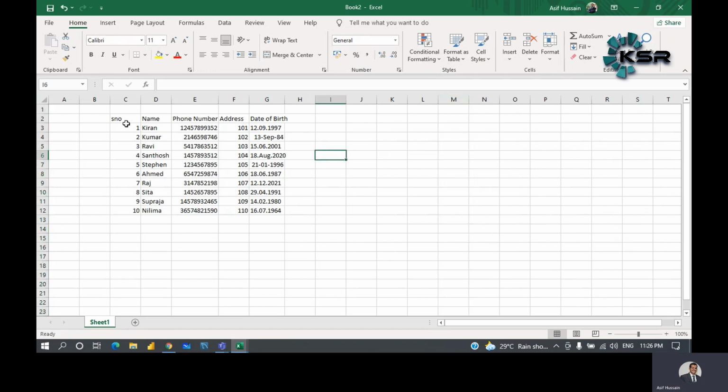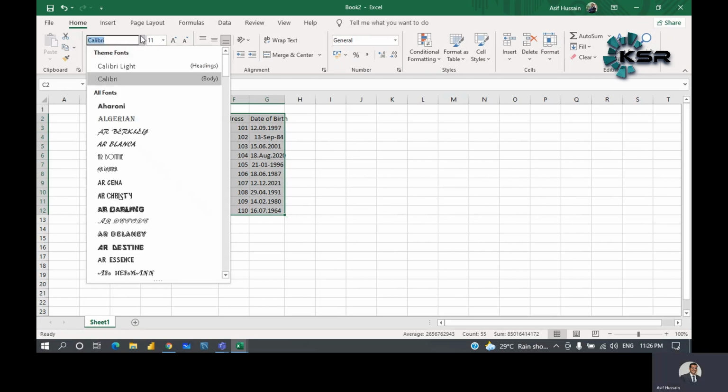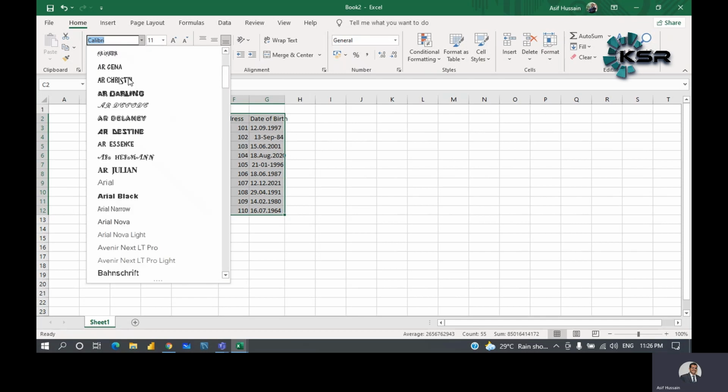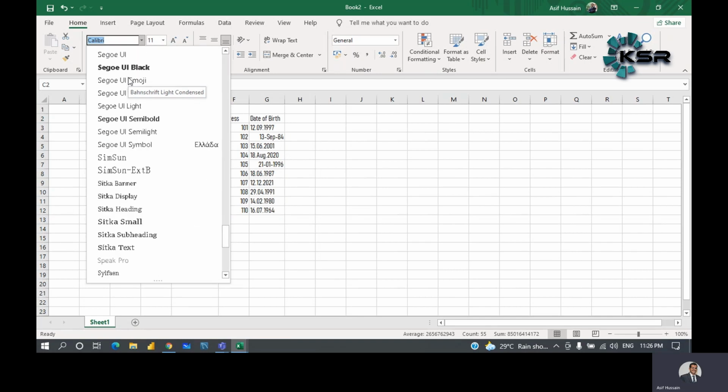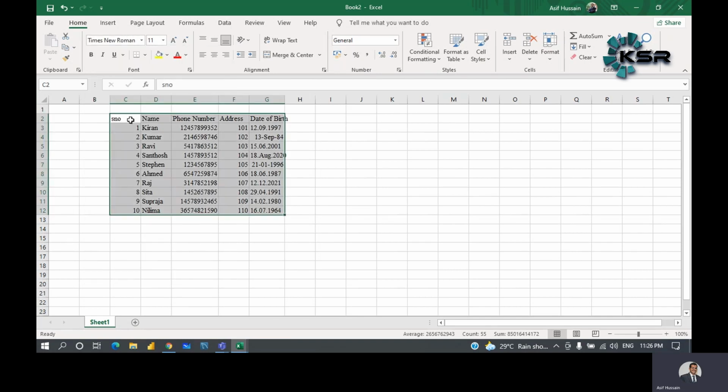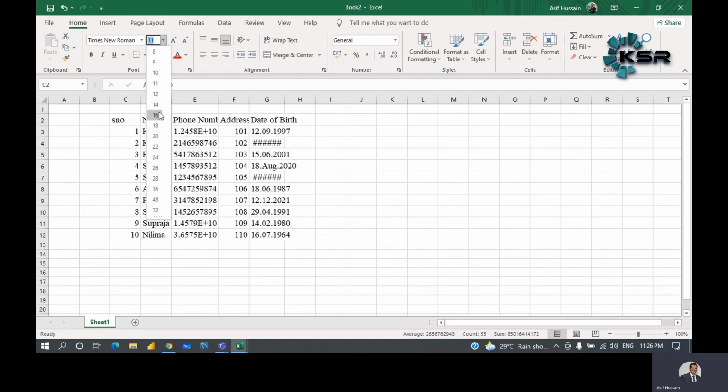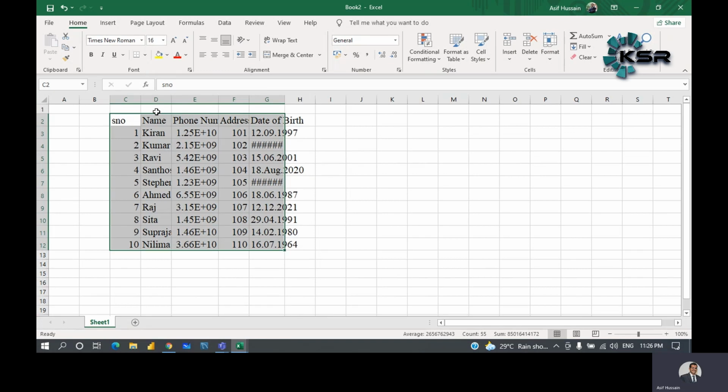All right. So in this information, now let us do some modifications. Let us design it beautifully. Start by clicking on one box and select it completely. Now you can change the font style, but I don't want Calibri. I'm interested in Times New Roman. I'm very professional. So I would like to change the font style to Times New Roman. You can change the font size also. I don't want 12, I want 14, or I want 16. You can go for 16 as well.